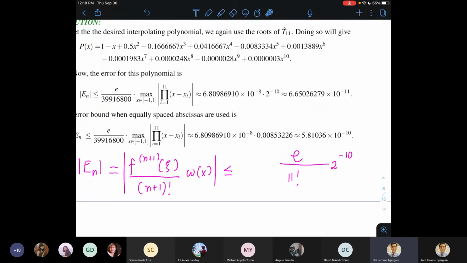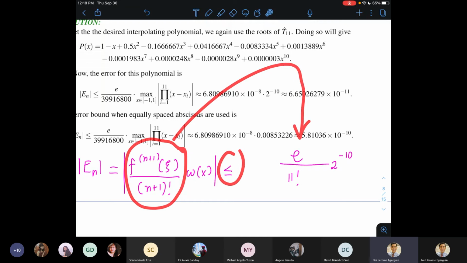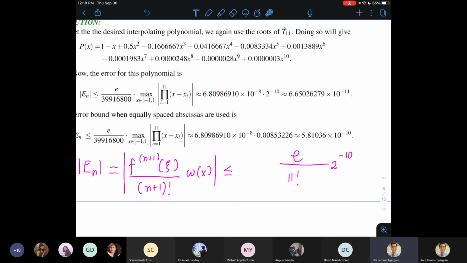And again, pagkuha ng error bound, gusto natin ano yung maximum possible error. Okay, maximum possible absolute error. Alam natin eksakto siyang ito. Pero we can compute for the maximum value of the first factor para makakuha tayo ng upper bound. Tapos yung omega, alam natin eksakto to the -10 yung maximum value niya. So basically, we know that the error will not exceed 6.65 times 10 to the -11, which is pretty good. Kasi napakaliit na ng 10 to the -11 as an error. So it is almost machine precision.